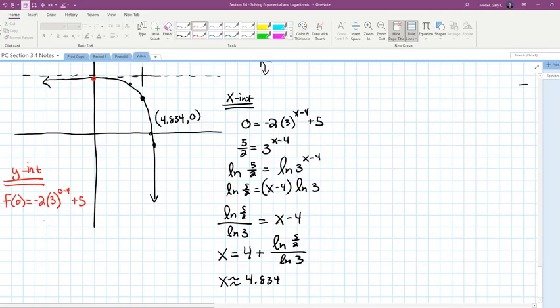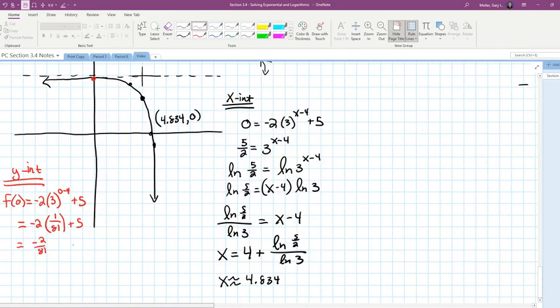So we have negative 2. 3 to the negative 4th is going to be 1 over 81 plus 5, which gives me negative 2/81 plus 5,